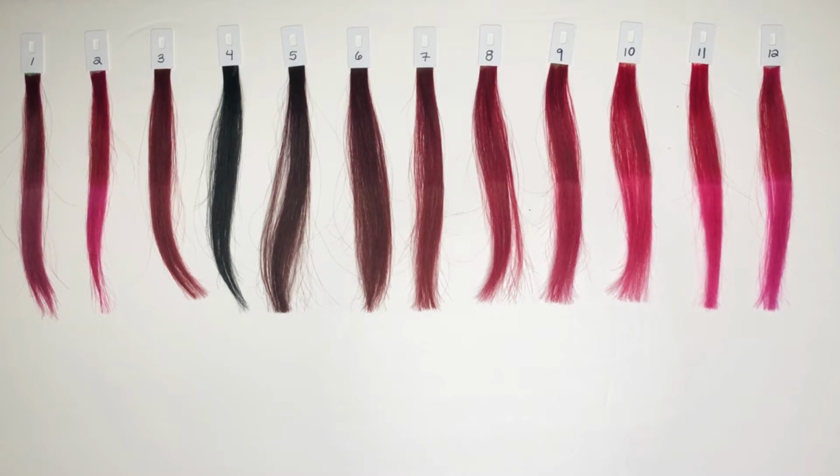Alright, now I'm going to let these sit for about 3 hours so they can really absorb the color. I will then rinse them out, and when they're dry, I'll meet you back here and we could do some comparisons. Alright, so I wasn't totally sure what to expect with these because on the Colourpop website, I'm pretty sure